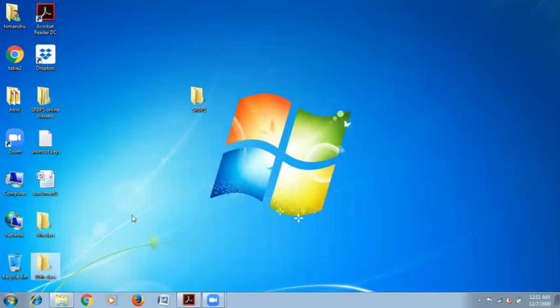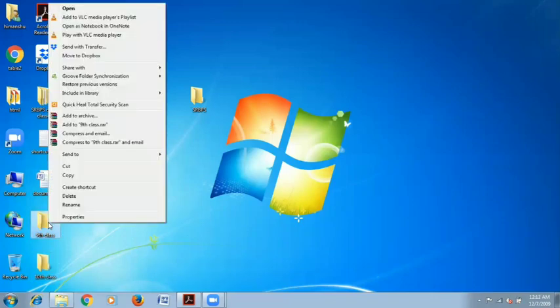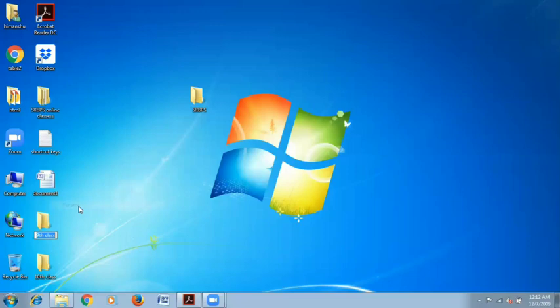So I have named these folders as ninth class and 10th class. Now what I wanted to do is, if you wanted to rename the folder, how you can rename your folder. For renaming the folder, just select the folder, right click, and choose here the appropriate option, that is rename. Okay, now you can rename it. Like I will write here only ninth.